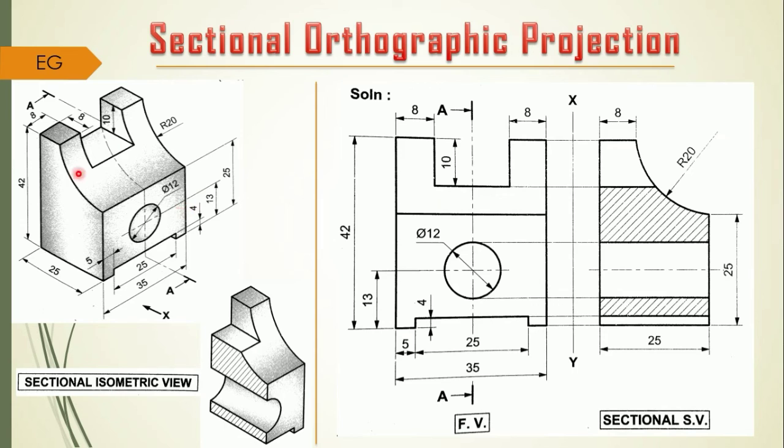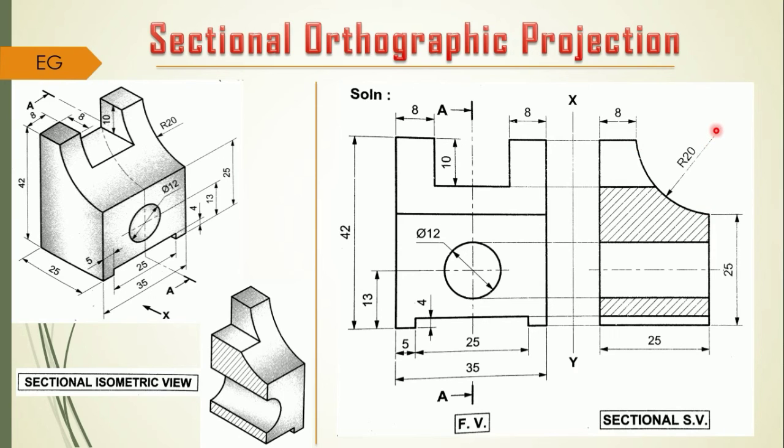Are you getting it? Overall height is 42, but in this case to construct the radius of 20, you already have the dimension with you, that is 25 mm. So 25 plus this 20, that becomes 45. So with this center, with this end point, you have to measure the distance 20 mm vertically upward, and that point comes just out of the respective rectangular box that you already constructed.